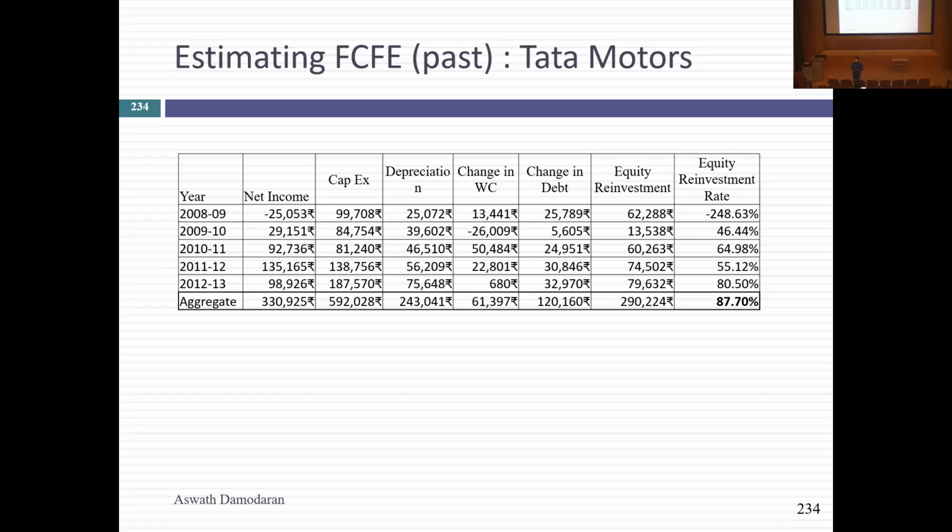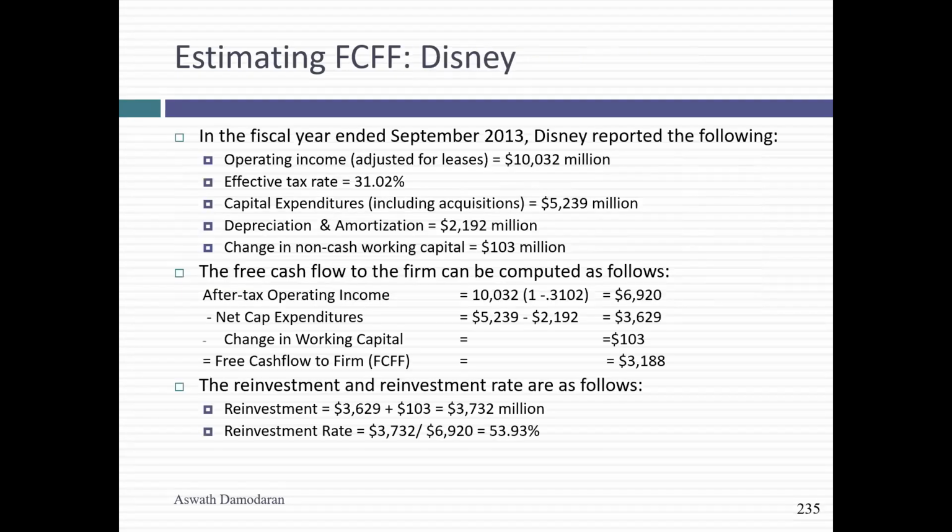So I want to emphasize that the only reason for looking at the past is to get some sense of what the company's been doing in the past. It doesn't mean that they will continue to do it in the future. That's your judgment still to make. Don't get locked into the past and say, if that's the number, I have to use it in the future. You can choose to, or you can choose not to for some companies. But at least I'm getting a sense of what the companies look like over the 5 years.